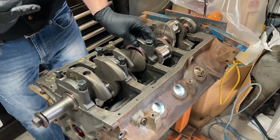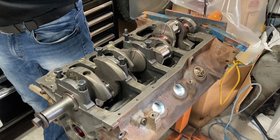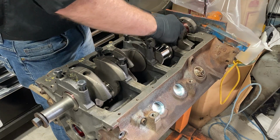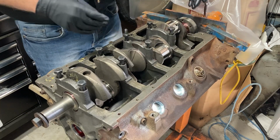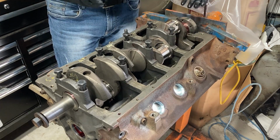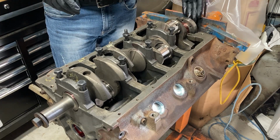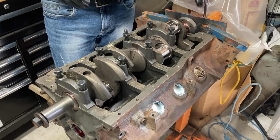There we go, 3. Now we're going to hold off on the rear one for now, because the rear on this engine has a 1-piece seal. What we want to do is put that seal in place before we put that rear cap on, because we don't have the tool for knocking it in place afterwards. So we'll slide the rear seal in, then we'll put the cap on,